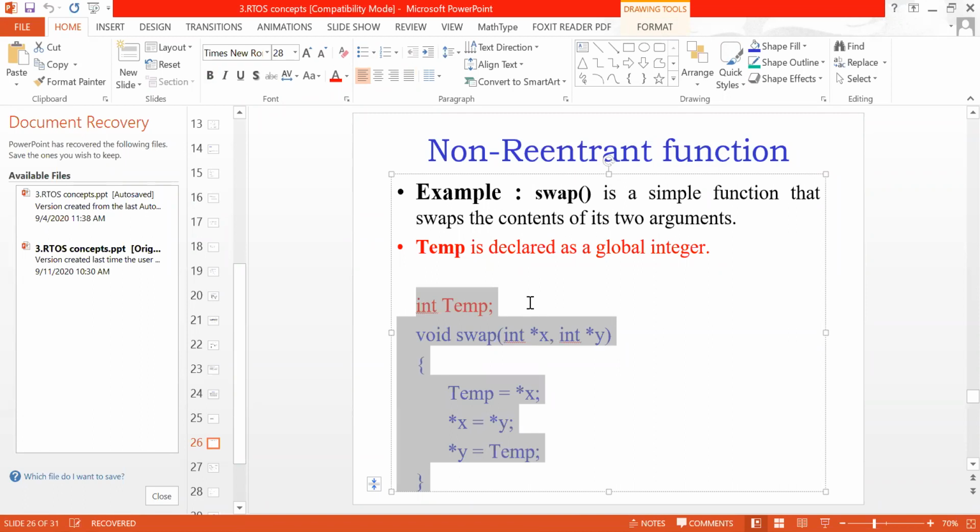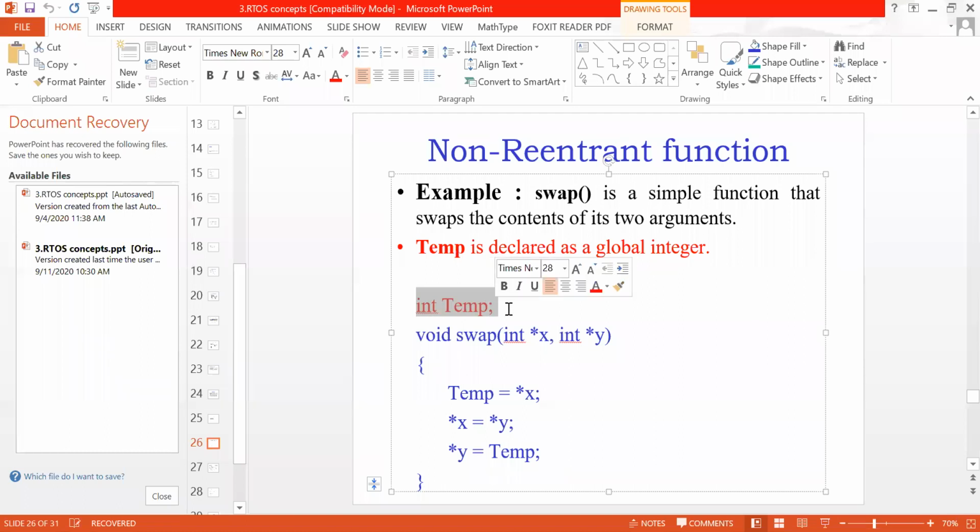So how to swap the contents of two numbers? Let's see. int temp. This is called a data type. There are a lot of training programs arranged for fundamentals of C programming, like what are different types of data types. So I will not explain again what is int. Let us define one variable called temp, whose data type is integer, and if you define this data type above the function, this type of data is called global data.